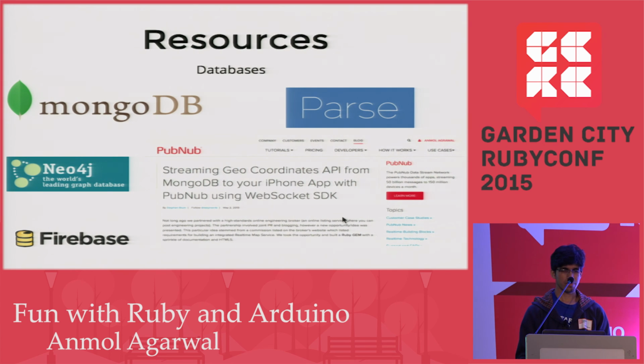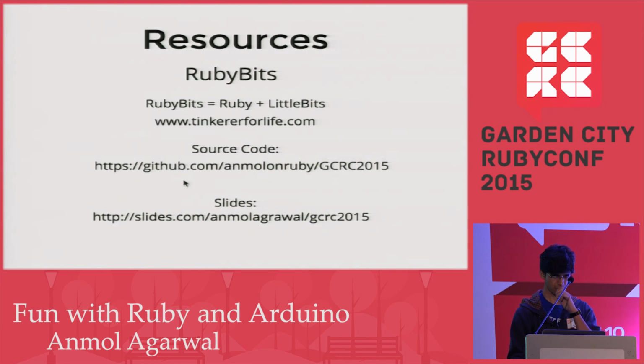And for the databases, NoSQL is usually the best for the Internet of Things. So if you are developing locally, you could go for MongoDB or a graph database like Neo4j. And if you're concerned with pushing the data to a cloud database, you can use Firebase or Parse. And there's an article on PubNub where you could use a Ruby gem called MongoPipe, which does the same thing. And at last,